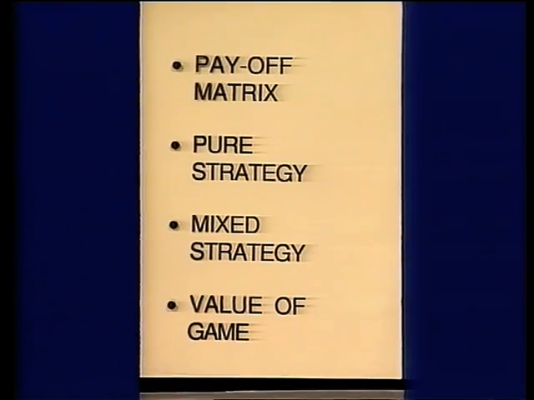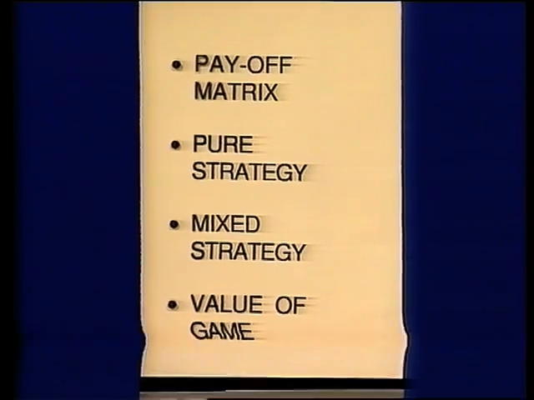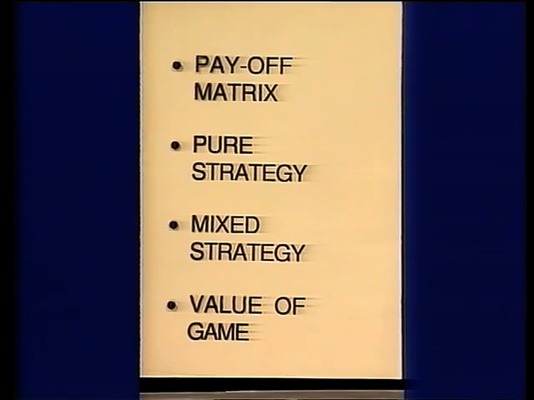The information is displayed in a payoff matrix, and a player can choose to follow a pure strategy, as we saw in the previous game. On the other hand, it may be that he wishes to pursue a mixed strategy by combining two or more of his actions in some specified combination. Then we need to talk about the value of the game. What is it worth under the best conditions to each player?